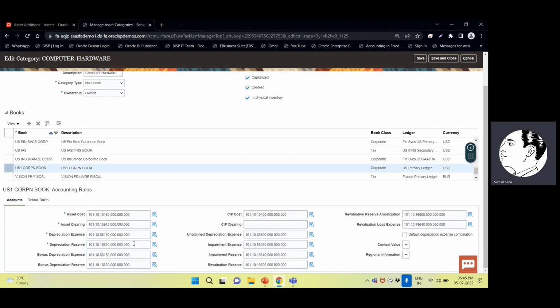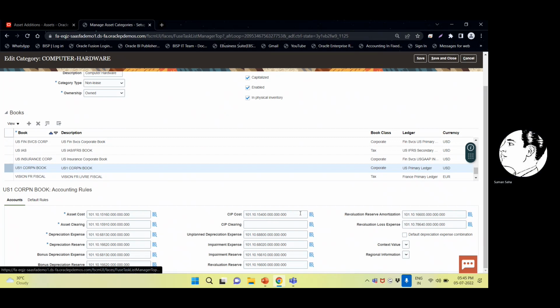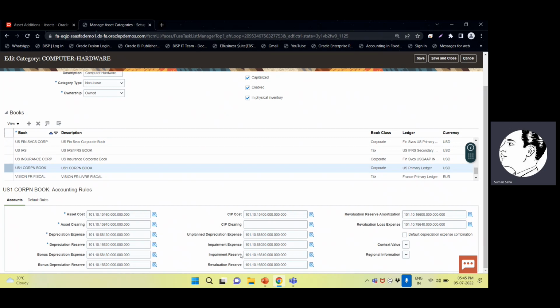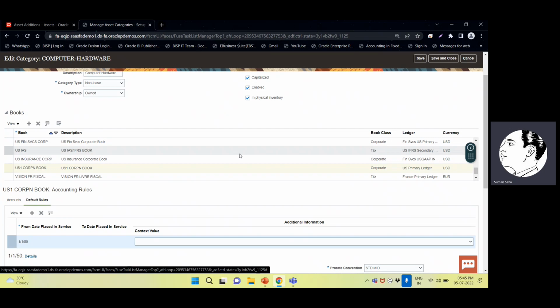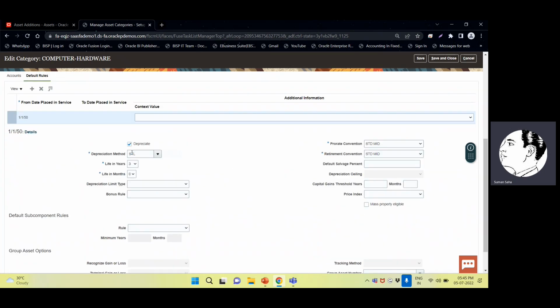I have provided asset clearing, depreciation account, depreciation reserve account, unplanned depreciation account, impairment expenses account, impairment reserve account, revaluation reserve account. Similarly, I provided the revaluation reserve amortization account, revaluation loss expenses account, and I have defined the rules regarding depreciation